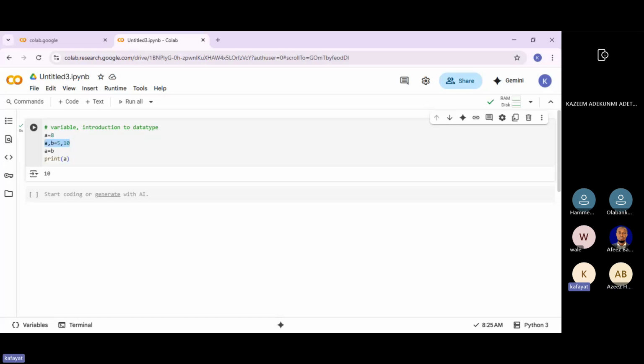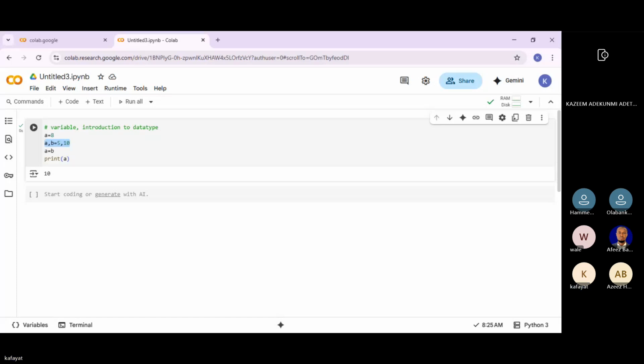So when I ask my program to take the place of B, it equates A to be equals to B. It's going to take the placeholder, the elements of B, and transfer them to A. That is, it takes the value entirely, and that is why when I print A, it returns 10, telling me that A has been equated to B already.